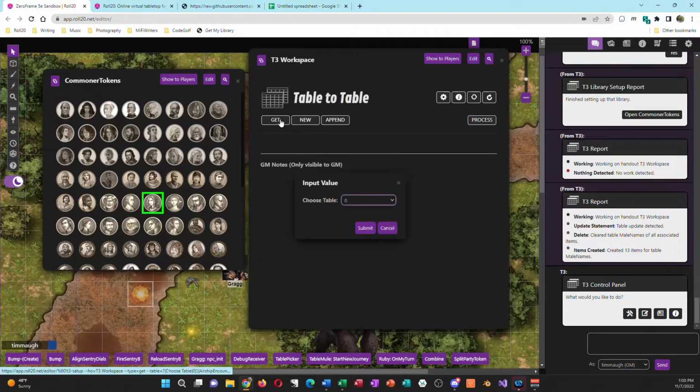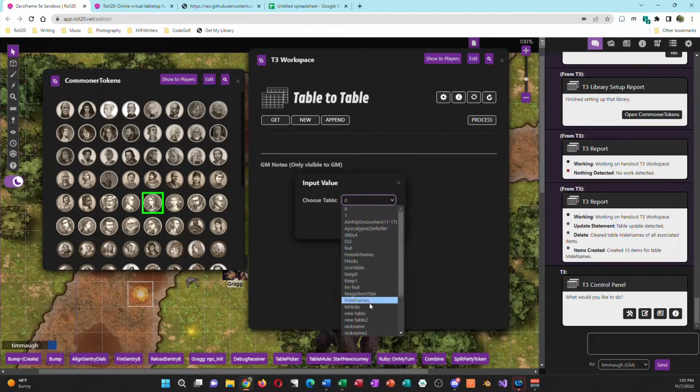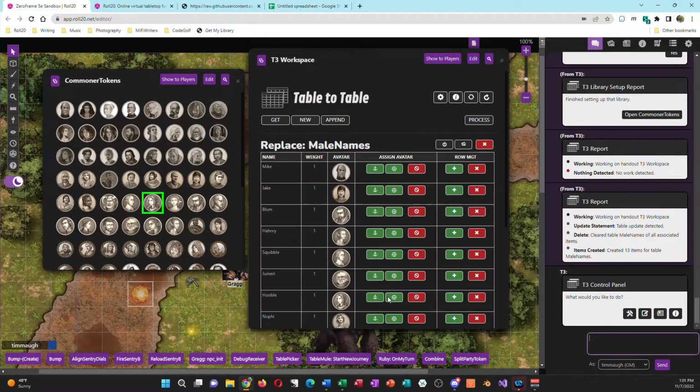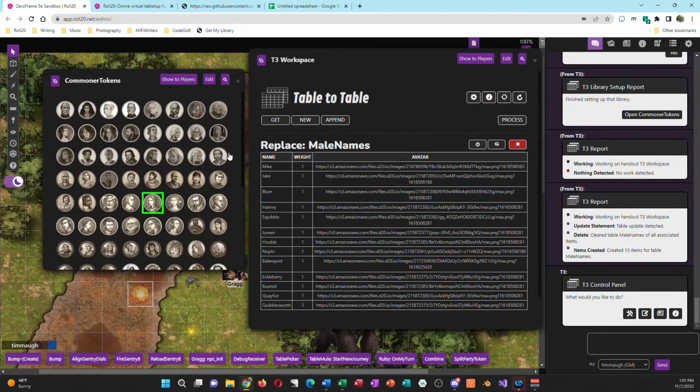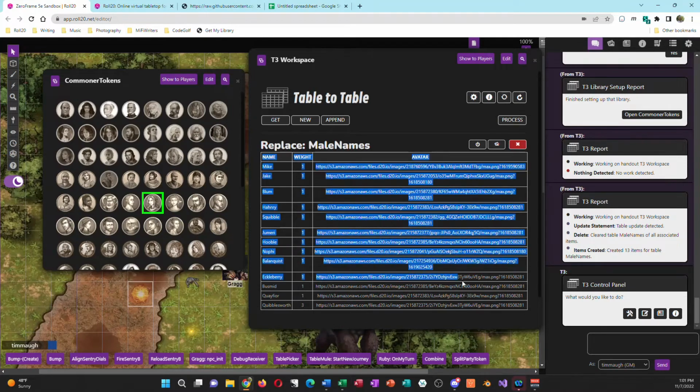Let's go back to that male names table. Let's say I wanted to take this and edit it in an interface, a software that's really built for editing rows. So I'm going to unwrap that table, and I'm going to grab everything. Okay, I'm going to copy that,